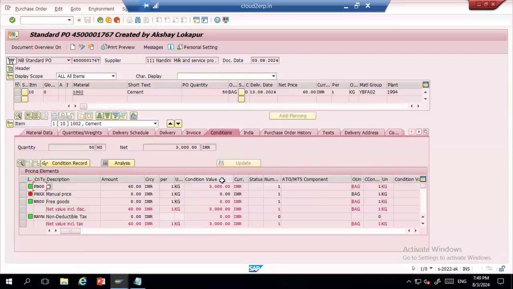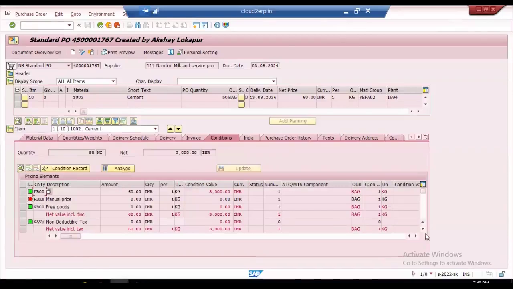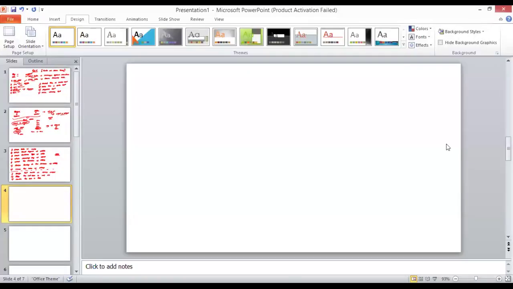Okay. If no questions, then I'll move to the next topic, which is batch management. Can someone tell what is the meaning of batch? Think in the perspective of purchase. Group of commodities.